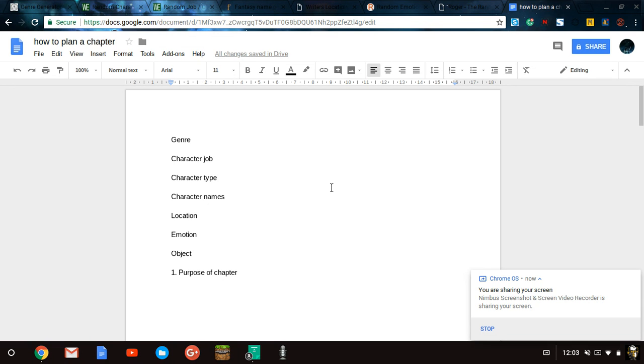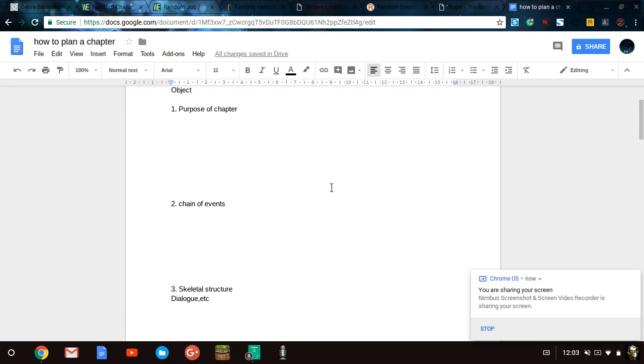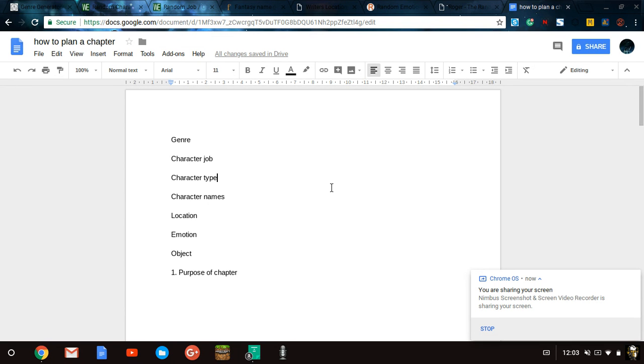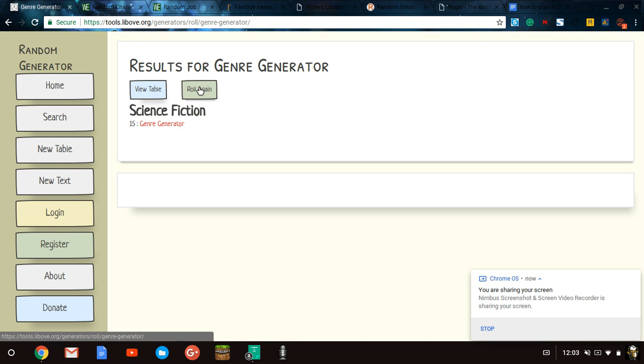But anyway, I have like 5 steps to creating a chapter, and first I'm going to start by coming up with the random elements of a story so we can make a new random story that I can create a chapter for, just to show you an example of how I write my chapters. So first up is genre. So our genre is going to be